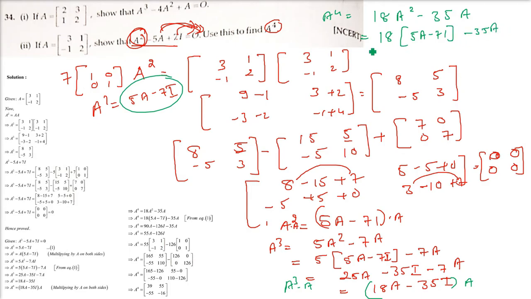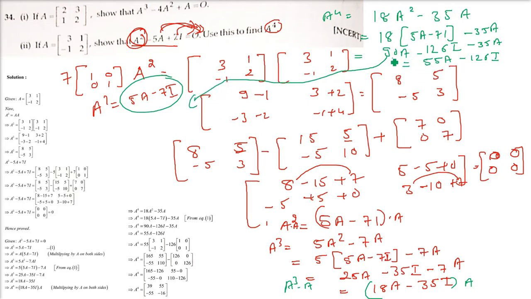So this is 18 into 5, that is going to be 90, and 18 into 7 is 126, minus 35A. So when we do 90A minus 35A, what will it be? It will be 55A minus 126I. This is your A to the power 4, but still things are not over, because you have